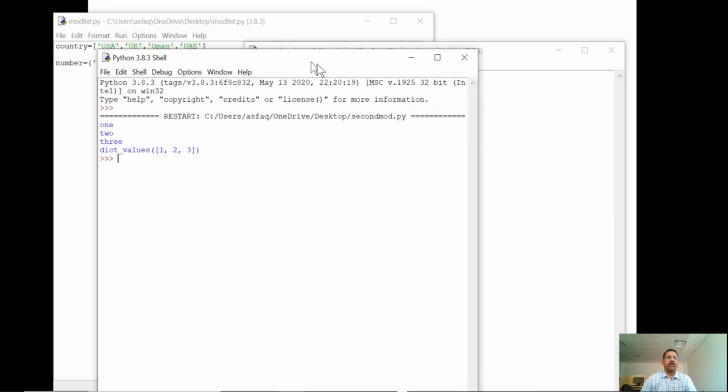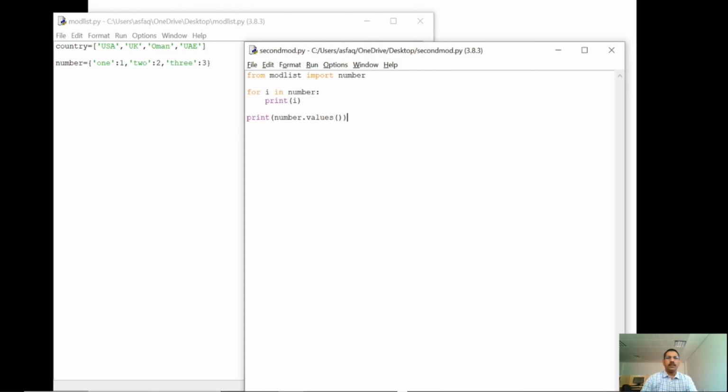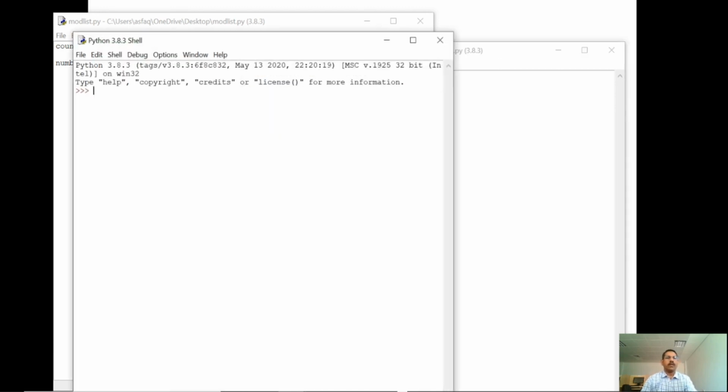If you want only the keys, just use print number dot keys, and it will print only the keys.